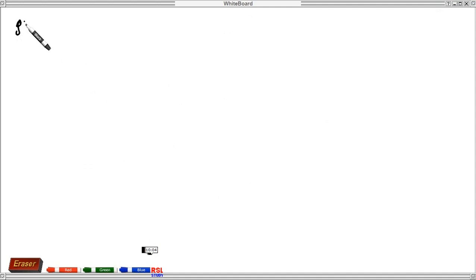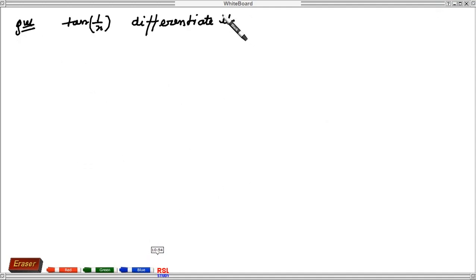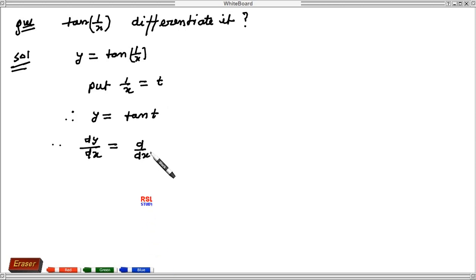So now moving to the next question. Differentiate tan 1 by x. So writing the equation first. Put 1 by x equal to t, then y will be tan t. Now differentiating with respect to x, that will be 1 plus t square and d/dx of this t, and putting the value of t,